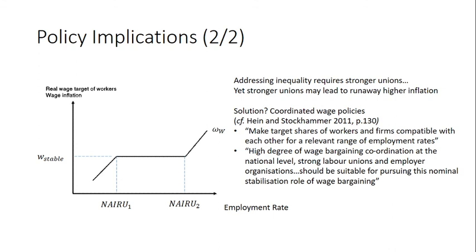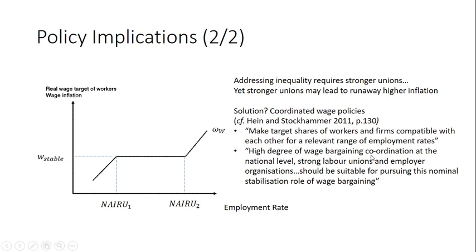They establish a region of employments for which they would have the same real wage. So we have a stable real wage between a variety of NAIRUs, if you like. And so it's to steer the labor union policy while at the same time